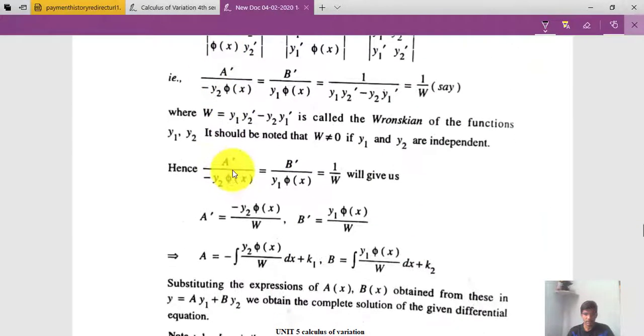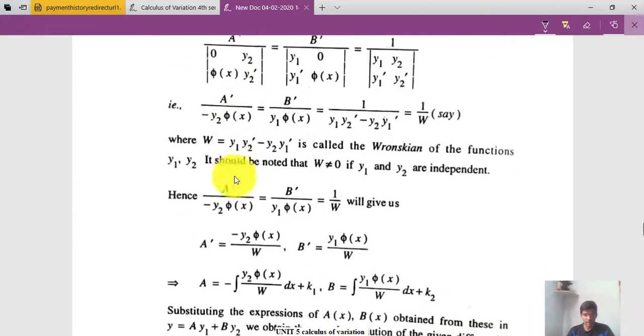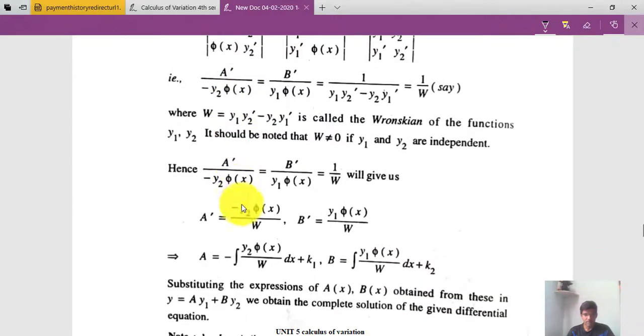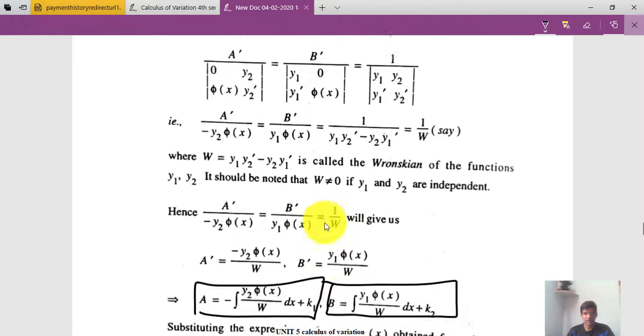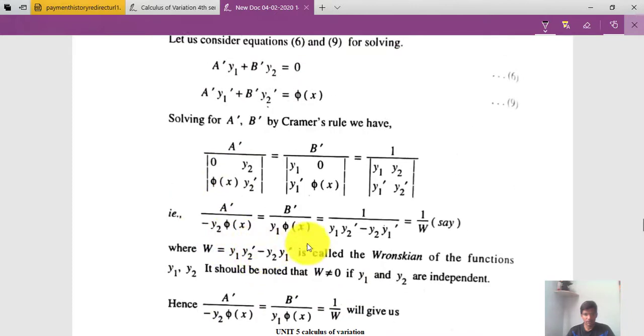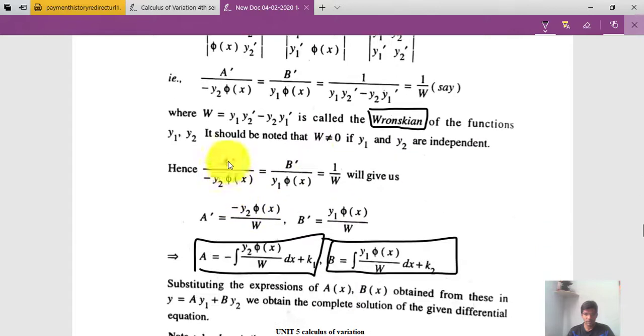To find the value of a and b, you have this particular formula, right? But before that I need to find the Wronskian, right? So the Wronskian is given by the product of y1 and y2 prime minus y2 and y1 prime, which is called the Wronskian of the function. So the Wronskian of the function you need to evaluate, therefore it becomes